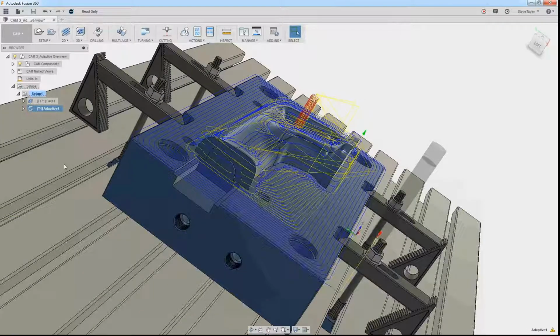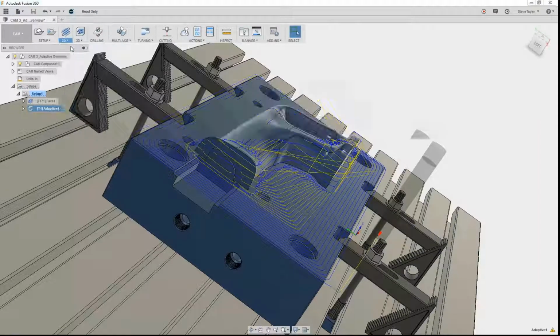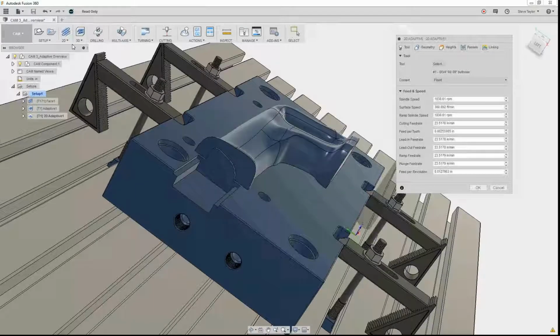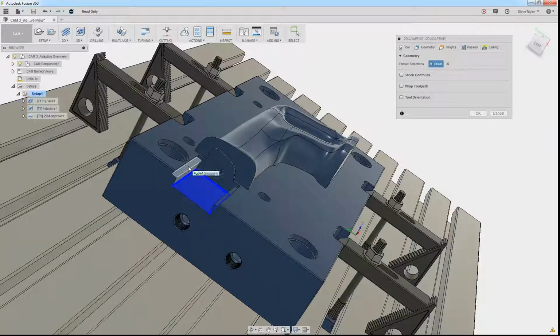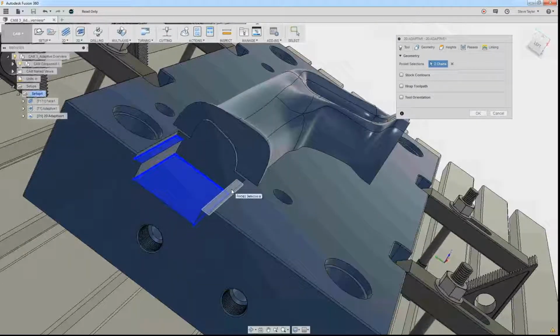Let me go to 2D adaptive clearing. So 2D adaptive clearing here. I want to select this little pocket at the front and the two pockets to the side. So I'm going to select that one, and if I can select it, that face there. In the heights here,